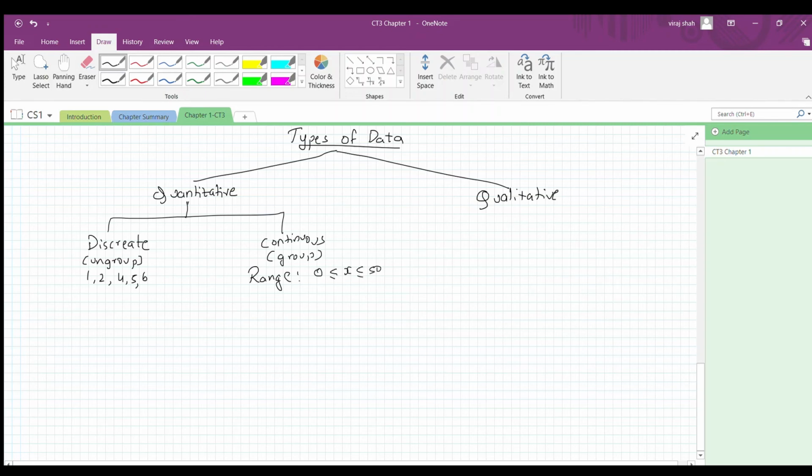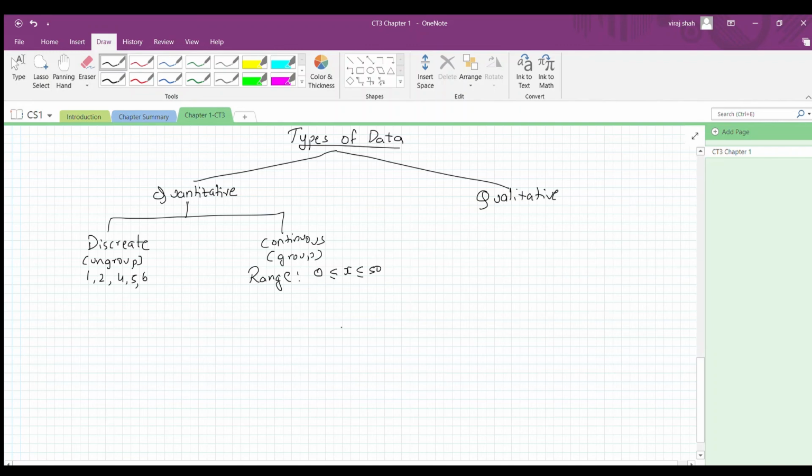Okay. So why did I take range? So basically between 0 to 50 there are infinite number. What are the infinite numbers? It can be 0, 0.00001, 0.00002, 0.1, 0.2. It is uncountable till 50. Basically that was my point. So it is not practically possible to count each and every value. So basically we determine a range where the number are quite small and they are not repeating a several number of times. Therefore you use a range. The range can be determined upon the question, so you do not need to worry about that.